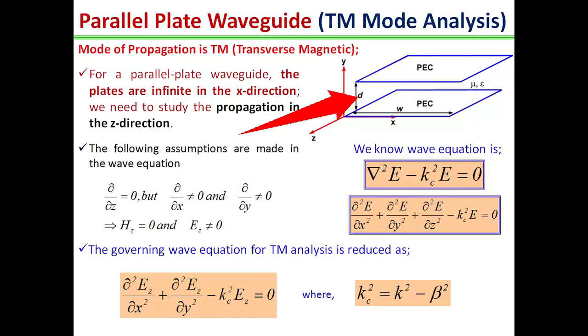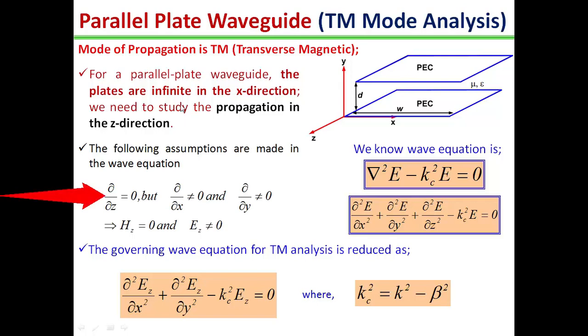The construction of the parallel plate waveguide remains the same. The bottom conducting plate is placed at y equal to 0 and the top conducting plate is placed at y equal to d. The material filled between these conducting plates has permittivity epsilon and permeability mu. These conducting plates are infinite in the x direction, and we need to study the propagation in the z